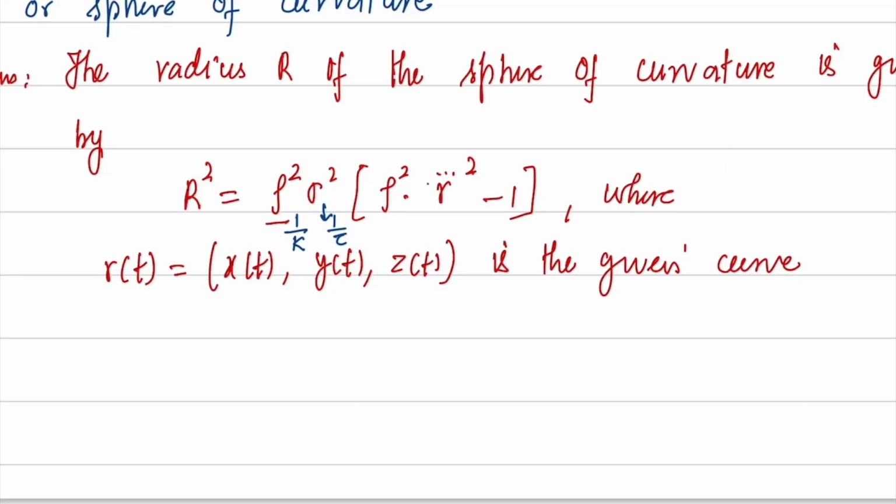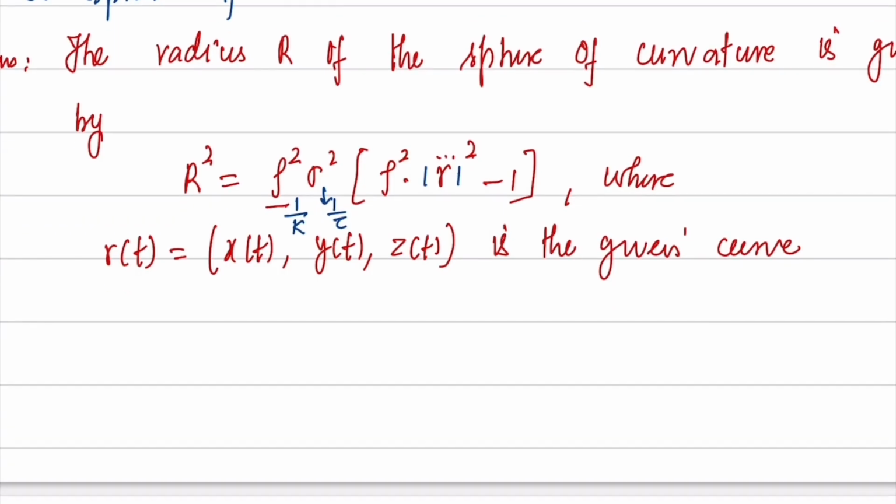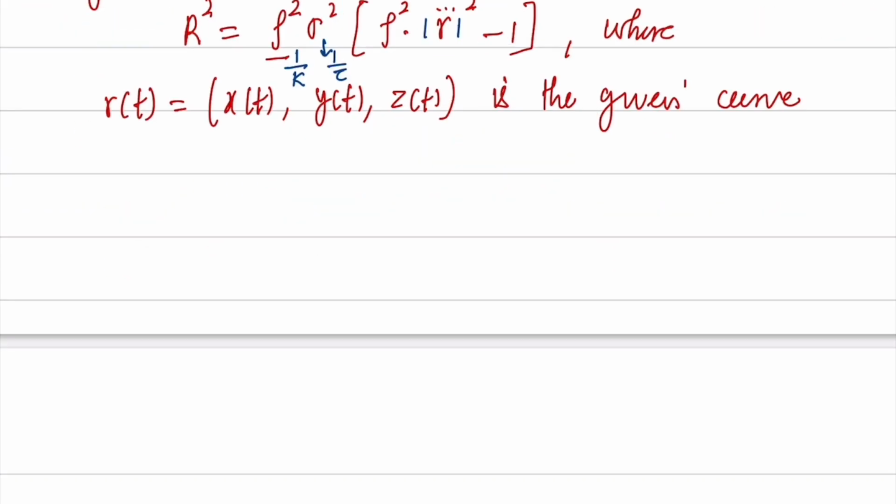In fact, we can use the modulus here, minus 1. Then this is the radius of the sphere of curvature. Now we take another theorem which is also related to a curve and a sphere. So this is like this: